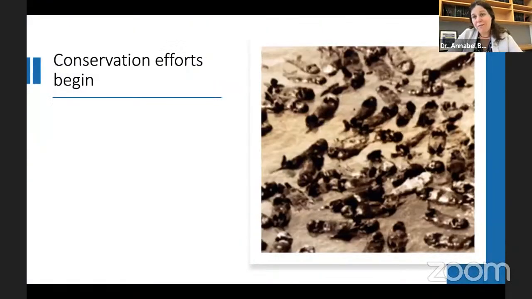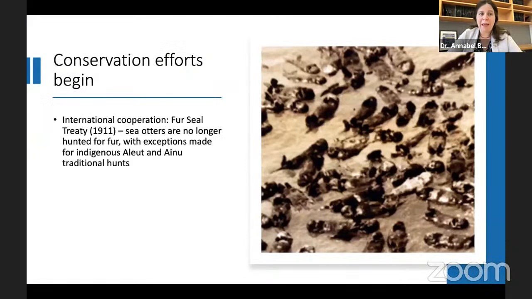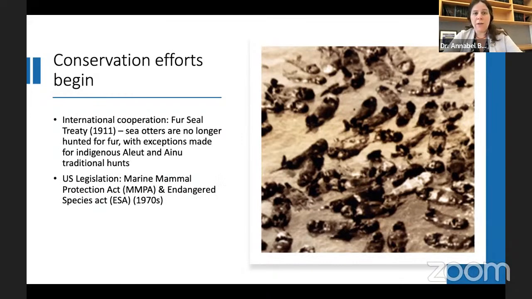In 1911, efforts to conserve sea otters began. There was some great international cooperation through what's called the Fur Seal Treaty, which made sea otters no longer be hunted for fur commercially, with exceptions made for indigenous Aleut or Ainu traditional hunts. That legislation got strengthened in the 70s with the Marine Mammal Protection Act and the Endangered Species Act,